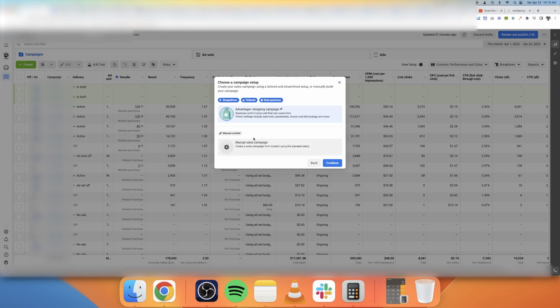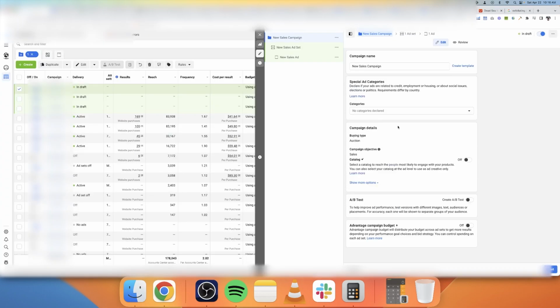As we are on the ad side, you can see here there is Advantage Plus shopping campaigns, which I would recommend you guys test. It is phenomenal, but you could also use a manual sales campaign, right? So for the purpose of this demonstration, I'll do the manual sales campaign, and here it's auction. I would just keep it very simple.